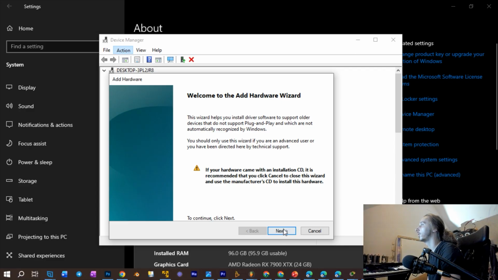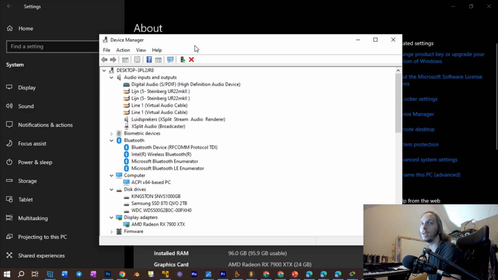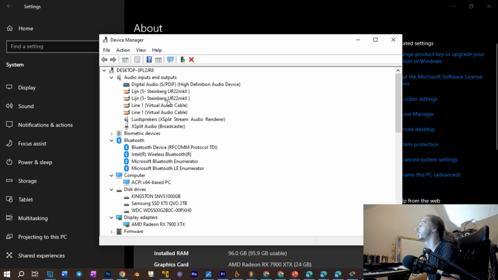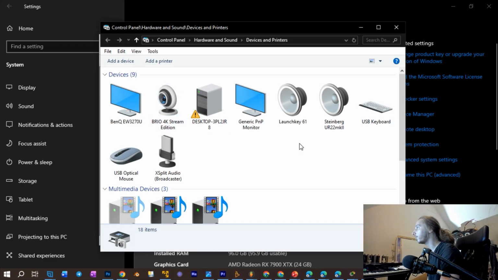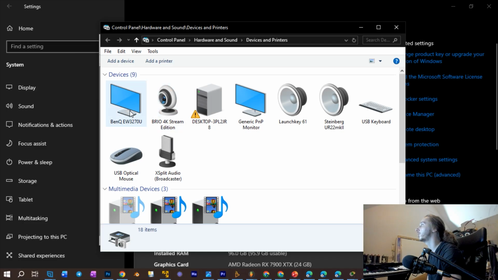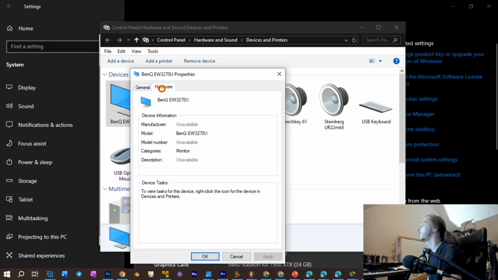I can try and add some of this stuff, but I don't have any legacy hardware, like all Windows hardware. Devices and printers is something else. This is again something very old. People who have ever used Windows XP know this screen. This is where I can find information about my specific devices, where I can go again, look into the properties,